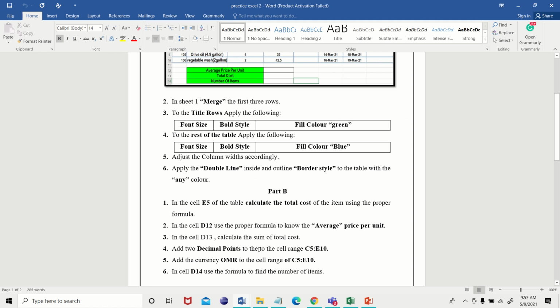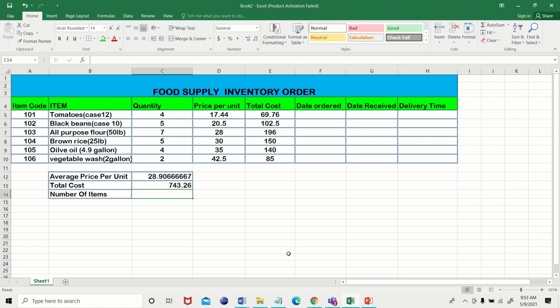Add 2 decimal points to the cell range C5 to E10. Now what we have to do is add 2 decimal points, from D5 to E10. Select it and we are going to add 2 decimal points. We can add in 2 ways.